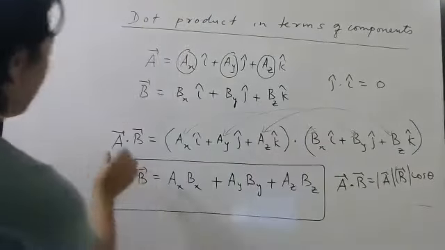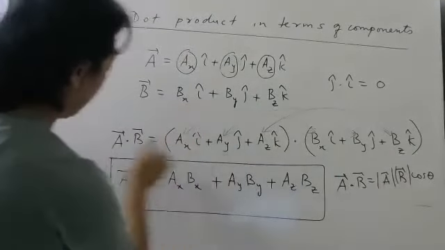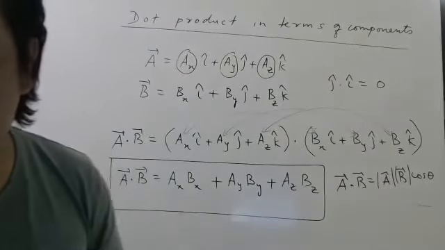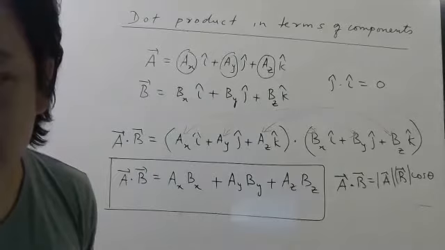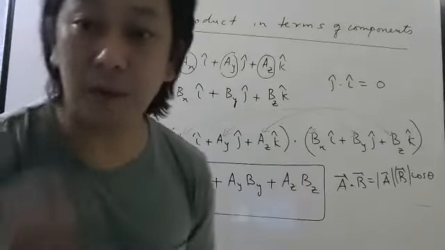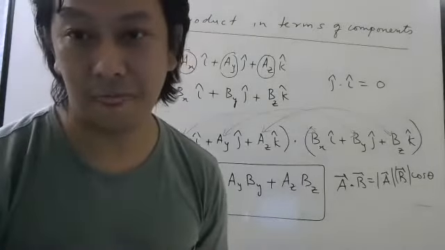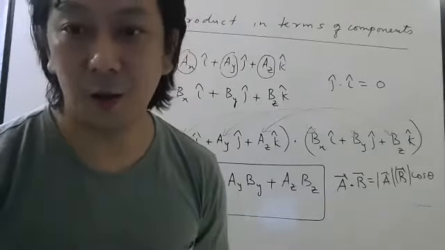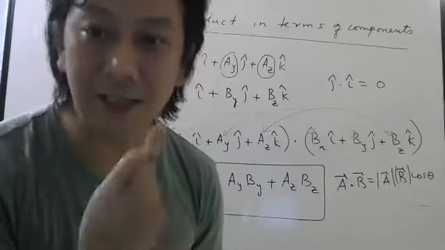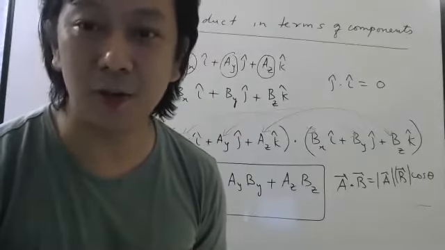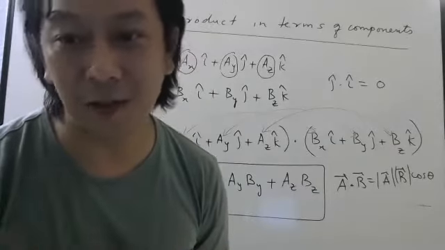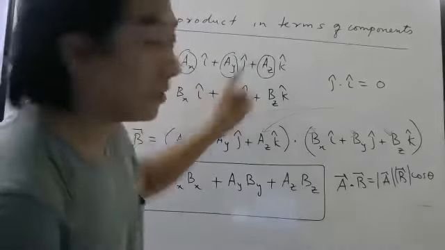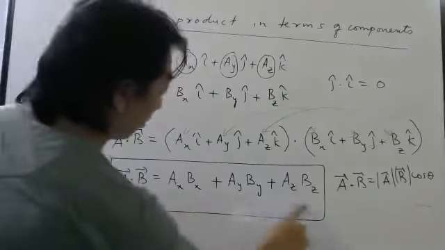What I did, I simply put this A bar here, then dot B bar here. So why do I need to put cos theta? You can use AB cos theta, but what if I give you components? Students, when will you use AB cos theta? When theta is given, magnitude of A bar is given, magnitude of B bar is given, then you will use AB cos theta. But suppose they give you components, then it is just easy to remember this formula.